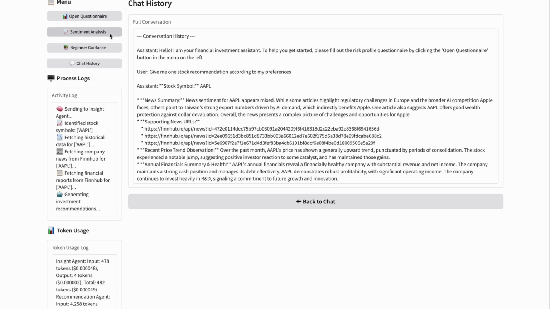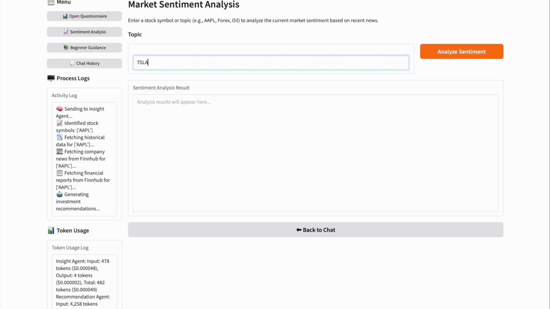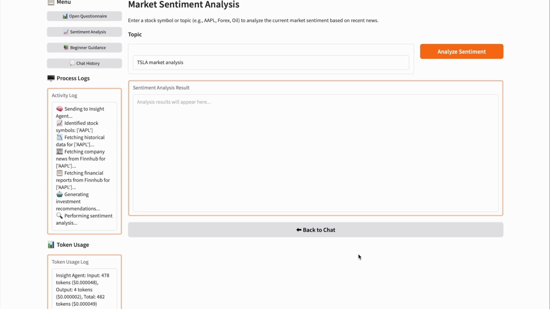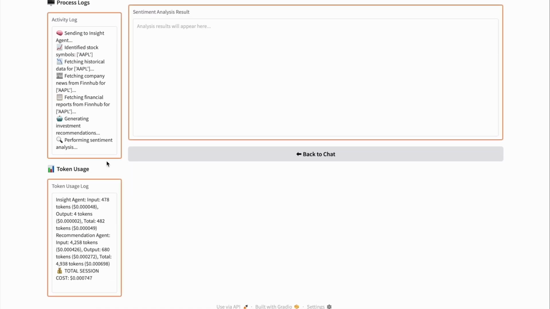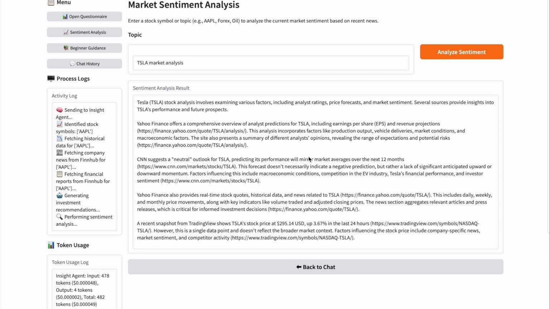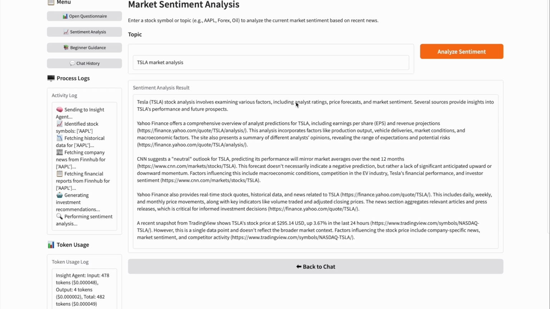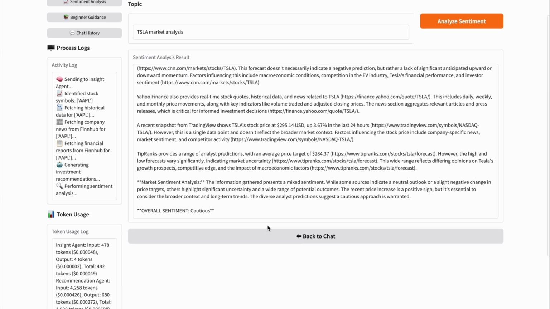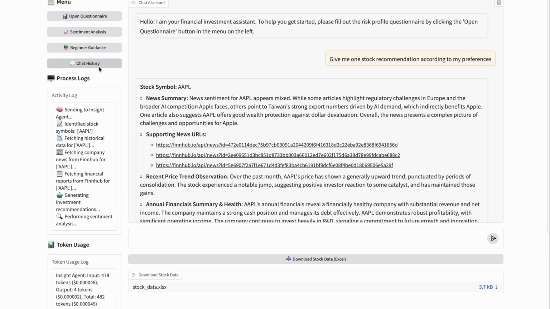button in the menu. In the sentiment analysis section, users can enter a specific stock or topic, and the system performs real-time web crawling using a variety of filtering operations to ensure the output is consistent and accurately reflects public sentiment based on the input. We use a multi-agent system here to enhance the information gathered through web crawling and to generate a summary of the results. As with other features, the process log tracks the back-end steps, and the token usage panel displays token